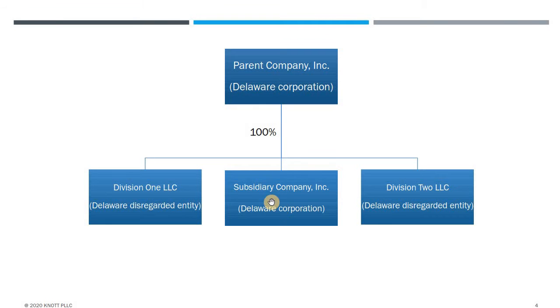So this parent company sets up a subsidiary company. Again, it's a Delaware for-profit corporation, and it's treated as a C Corp for federal income tax purposes, right? Again, this is a for-profit corp, and it's not filing any S Corp election. So this company, as its own C Corp, is actually required to file its own Form 1120 tax return, right? So this company should be filing a Form 1120 tax return. It pays taxes here at this level, and then any dividend distributions can be distributed up to the parent company,